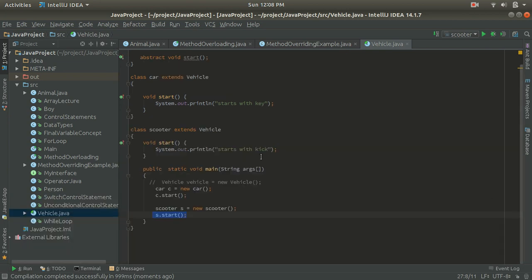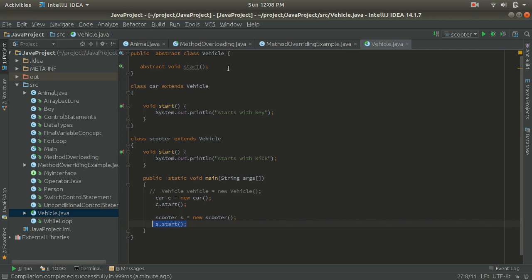Here you can see that we are hiding the implementation details of the vehicle, meaning how the vehicle works is hidden, and for the user we are showing only the main part.